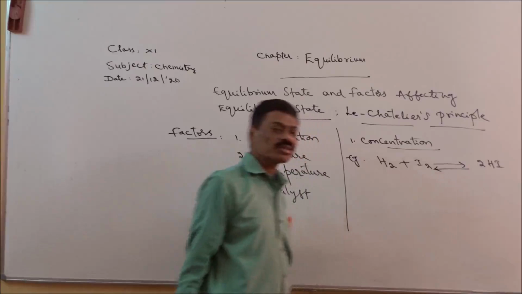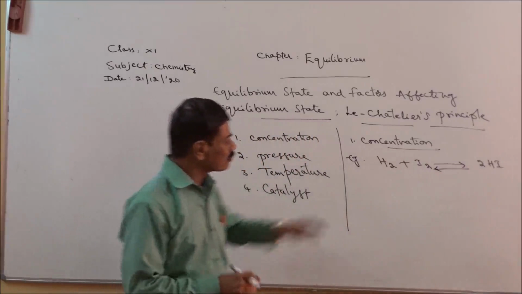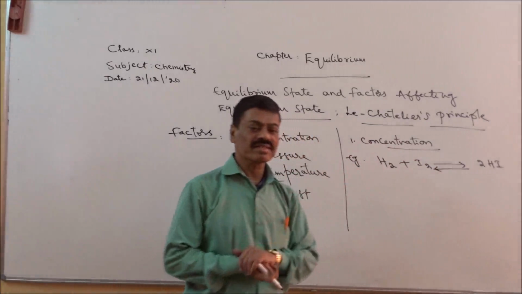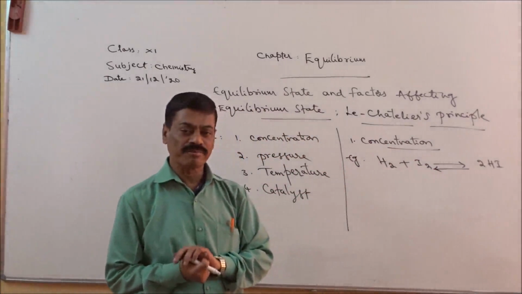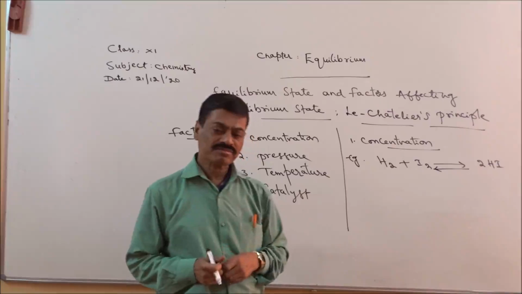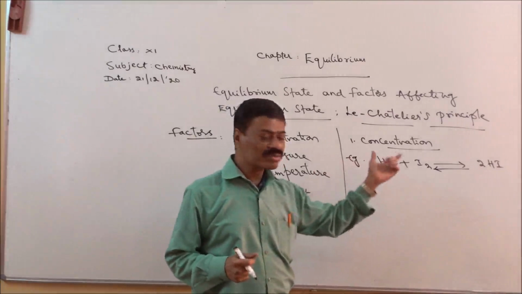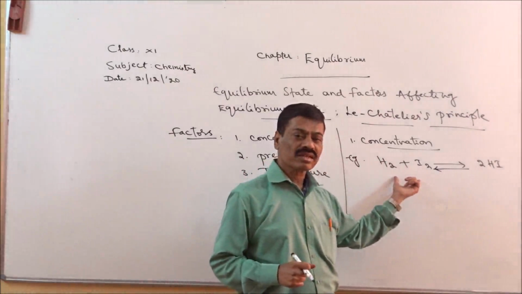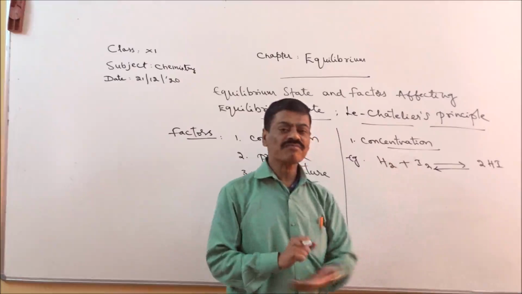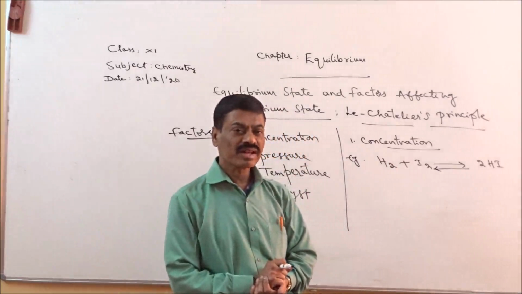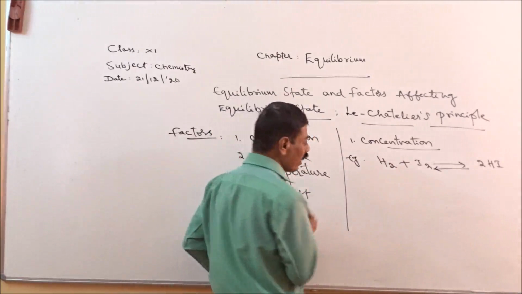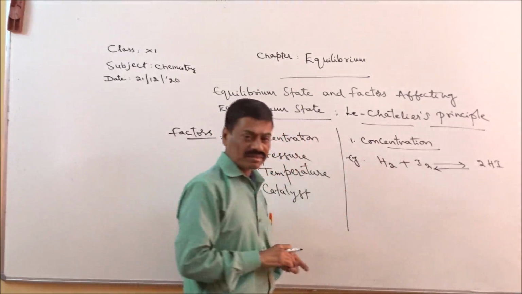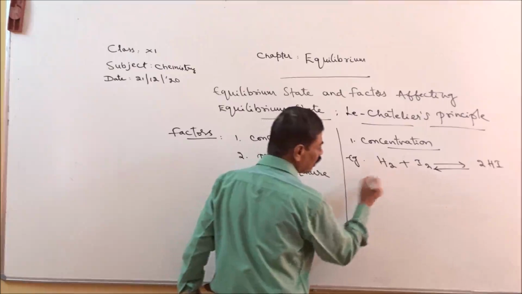Now, we know the equilibrium state is established after a particular time. Once the equilibrium state is established, the rate of forward reaction becomes exactly equal to that of backward reaction. Right? Now, if I add hydrogen gas,